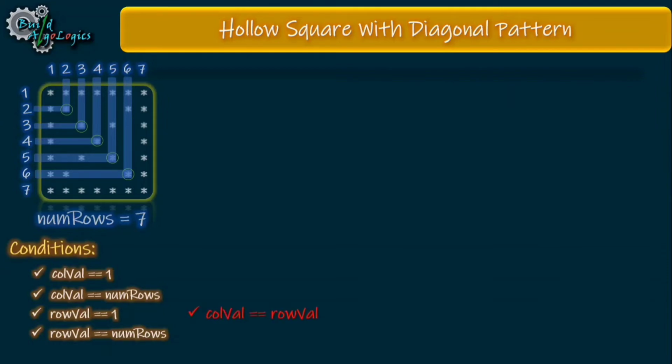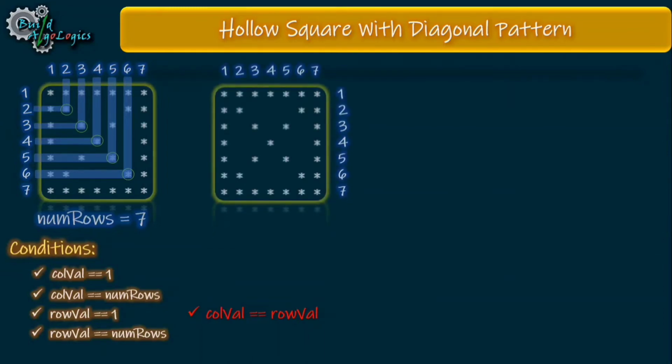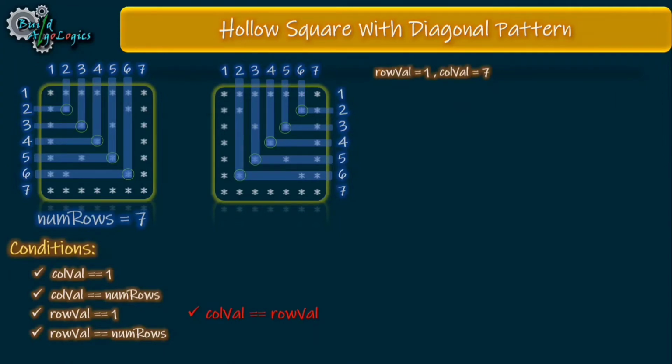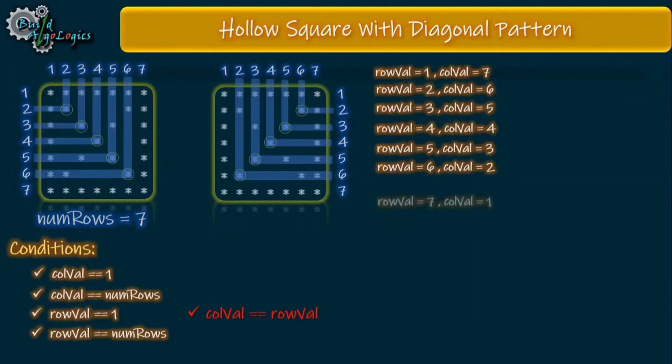Now we only need to derive our second condition to print this diagonal. Consider this figure here. We need to find some condition to print the star at these places. Is there any similarity between these values that will become our base condition? Let's see together. Here, when the value of row val is 1, the corresponding value of col val is 7. Similarly, for row val 2, col val is 6, and for row val 3, col val is 5, and so on. It means that in every iteration, the value of row val gets incremented and the value of col val gets decremented. Consider these values here. We need to find some relation between these values. Let's give it a try.